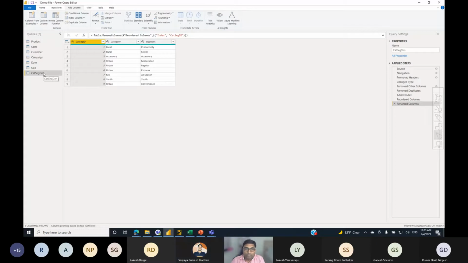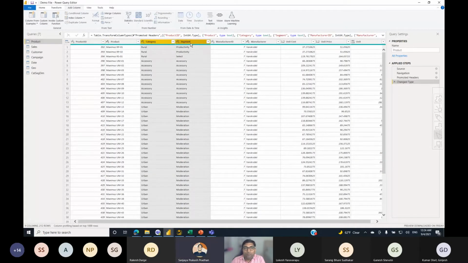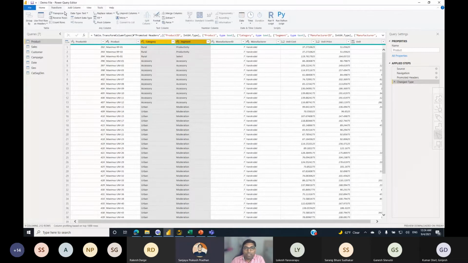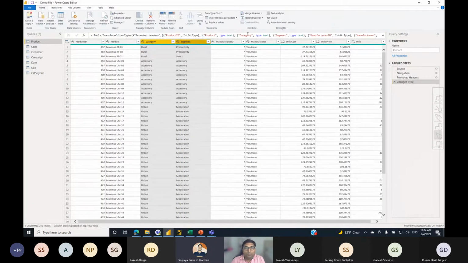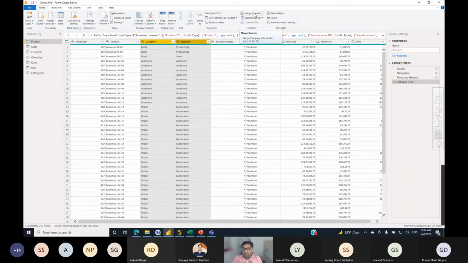Now I have my category segment dimension table ready, and as you can see, right there, this information kept repeating for each and every product, but now we have limited it to only these 9 rows. Now I will go back to my product table. What I will do, I will select these 2 columns, transform, home, and I will click merge. So before I do that, I would like to delete these 2 columns here because I have already created a new table where I have the corresponding values.